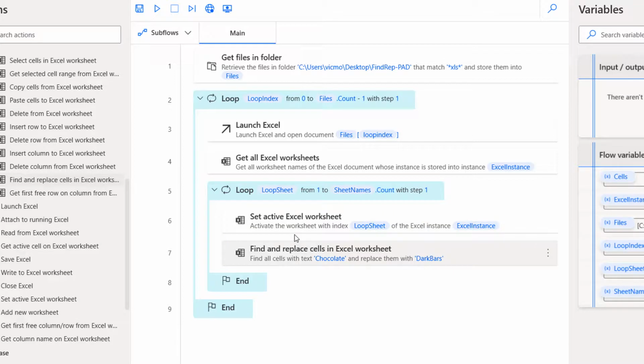So when you come into the loop, you make sure the first sheet is active, you then replace. By the time it's coming back the second time into the loop, it's going to the next sheet. It will make the next sheet active. By saying set active, it will replace. Okay. So by the time it does all of this for the first file, which is at this end point here,